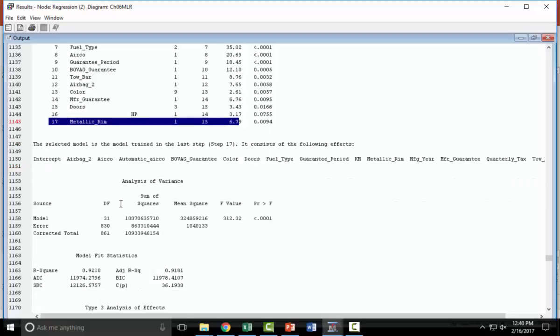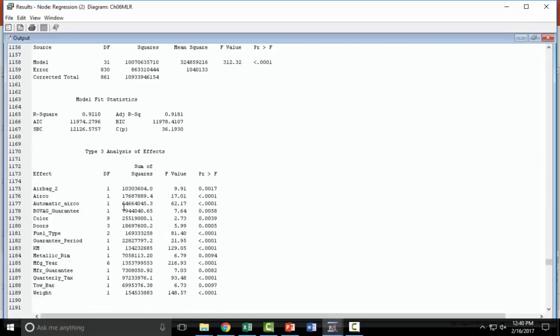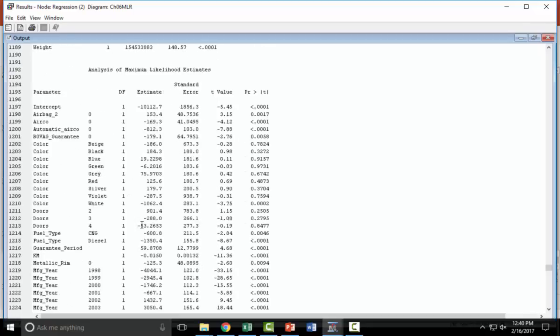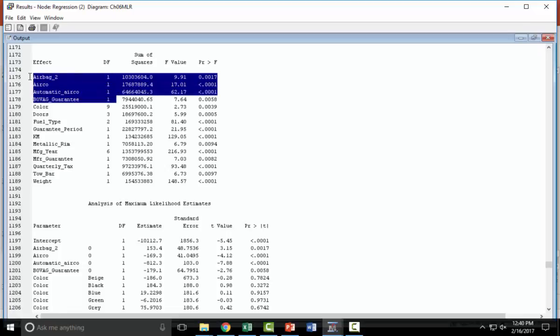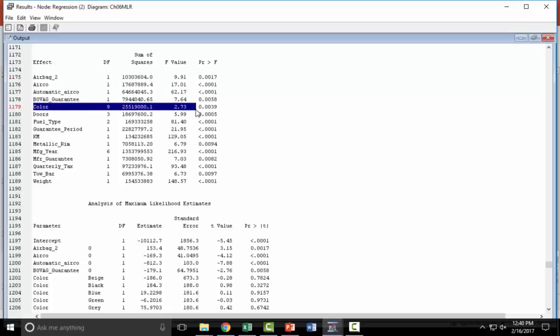Now at this point, we can look at individual effects. So this table here gives you the main effects. Like these 4 variables are variables by themselves. Now this one is 9 variables taken at a time, which is color. Color has 10 possible colors, so there are 9 dummy variables. So the 9 dummy variables taken together account for that many sum of squares and the corresponding F value and